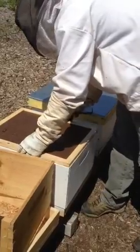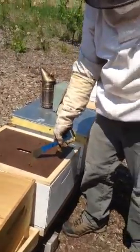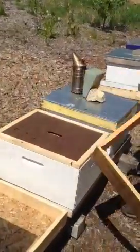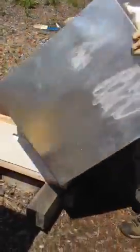Actually, this hive's doing fabulous, really. You think about only being four days old, and it's already got half a box drawn comb. Started with nothing. Absolutely fabulous. Yeah, in ours, we definitely need to get in there and see what they're doing tomorrow. Well, swarms